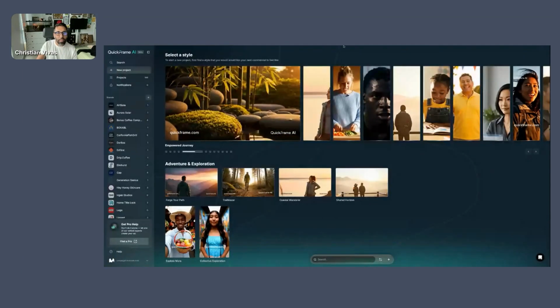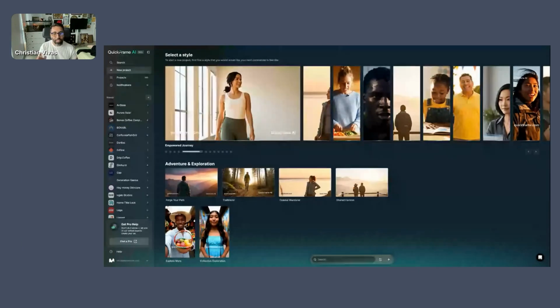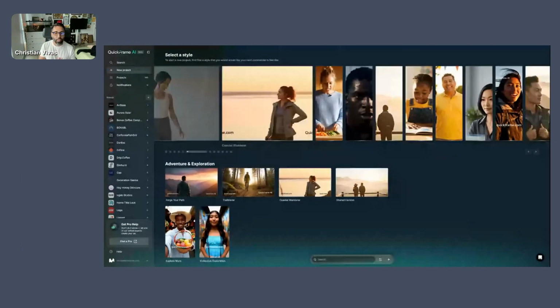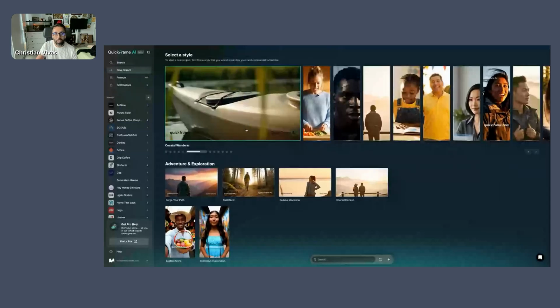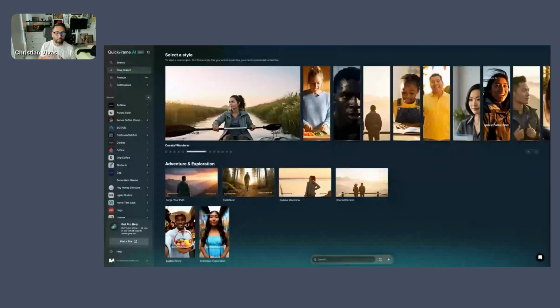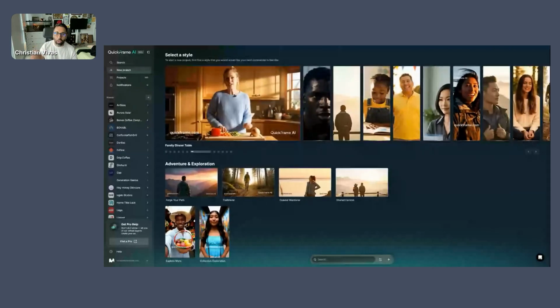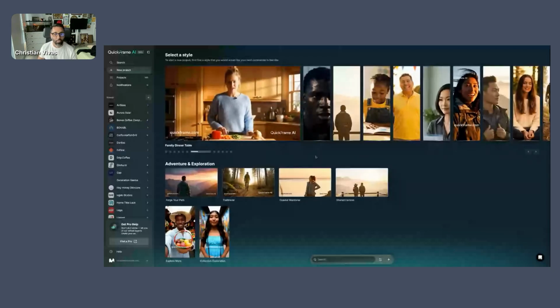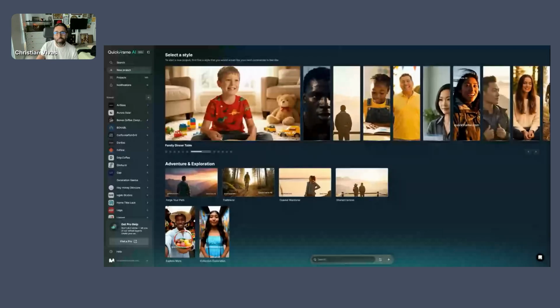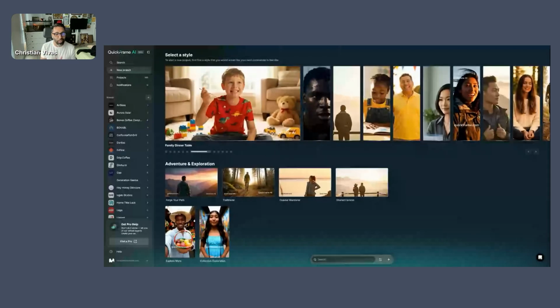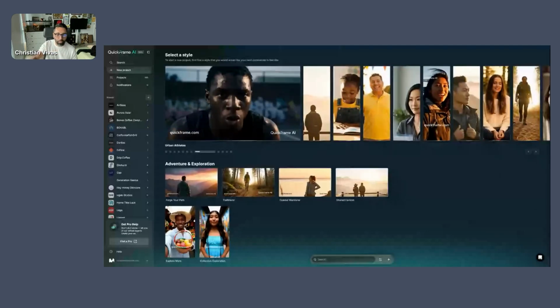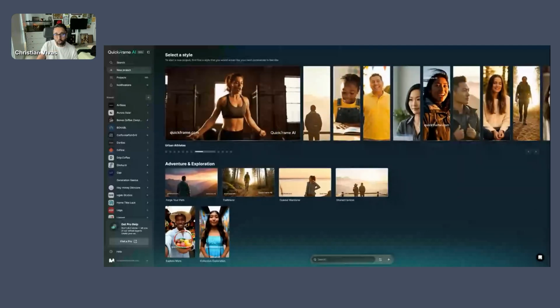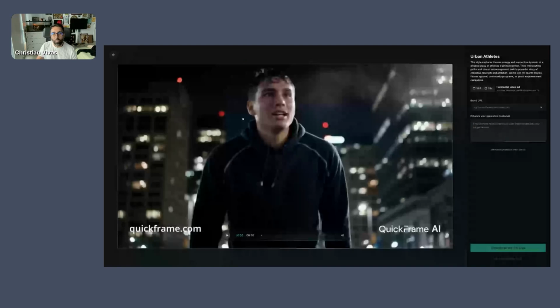Awesome. So this is the styles page in QuickFrame AI, and this is the first thing that anybody using QuickFrame AI is going to see when we land on our page. The amazing thing about QuickFrame is that we have built pre-created templates for you. A lot of the heavy lifting that brands and companies have to do in the beginning to generate a style is something that gets them blocked. But with our styles, and this is the first iteration of our styles, we're able to help them get there a little quicker. So if we go ahead and select a style, we're going to be able to, number one, do a playback on the style.